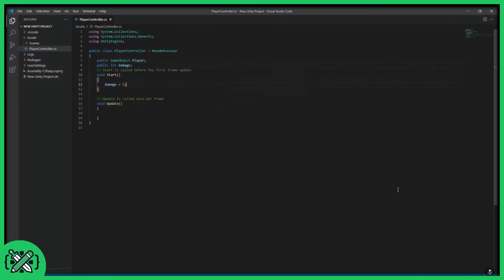And then here is Update. This is called every frame, so you have to keep that in mind, because if you don't, you might accidentally create something that updates every frame and eventually crashes the game if you're not careful with it. So we're going to do something simple for now. I see your question about something like player movements. Next week we're going to go more into player movements, but for now we're going to do something in the Debug Log. So if you go back to Unity over here,